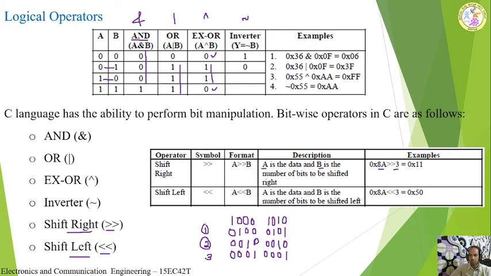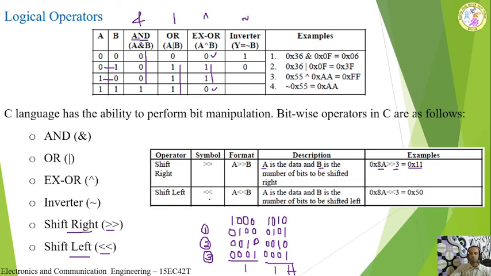This is the third shift. So after the third shift, what is the answer? This is nothing but 1 in hexadecimal, and this is nothing but 1 in hexadecimal, 1 1 in H. 1 1 H is the answer. And how do you write 1 1 H in C language? 0x11 is 1 1 H in C program. So this is how we are going to do the shifting operation.